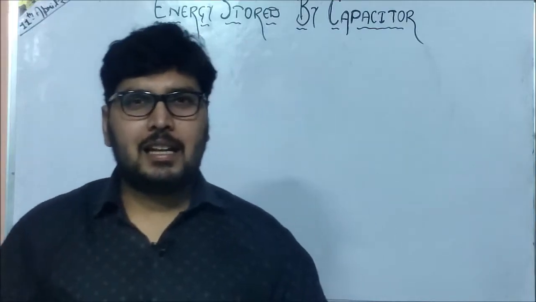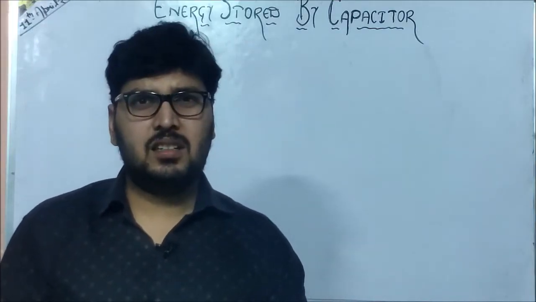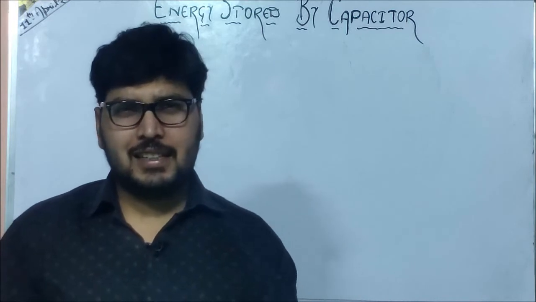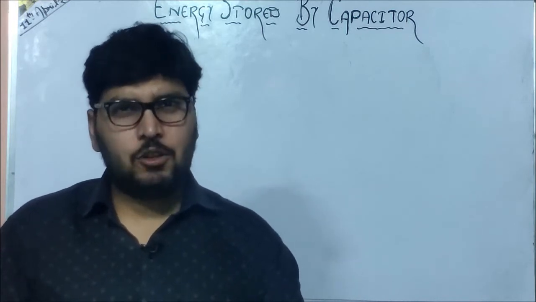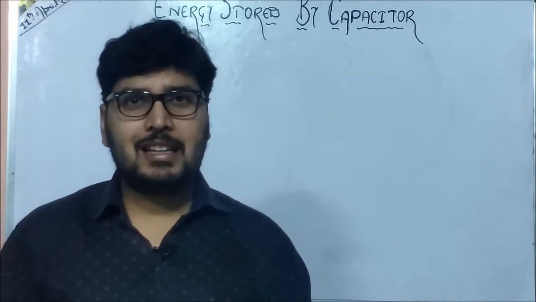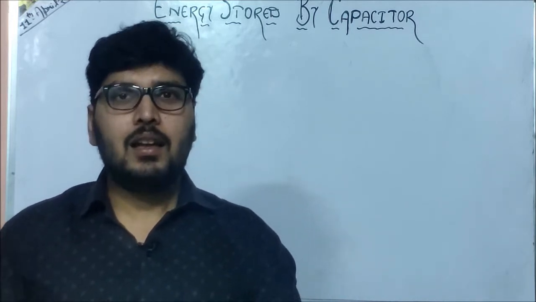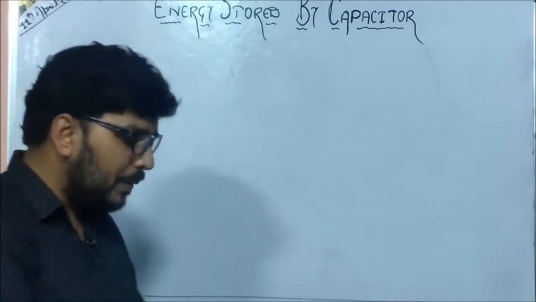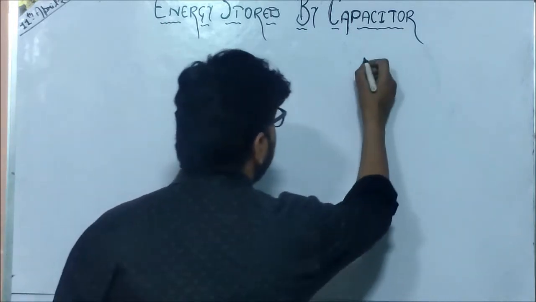Energy is stored by a capacitor. Which kind of energy is it having, and from where did it get that energy? To understand that, we will consider two neutral conductor plates. Those plates are having area A,